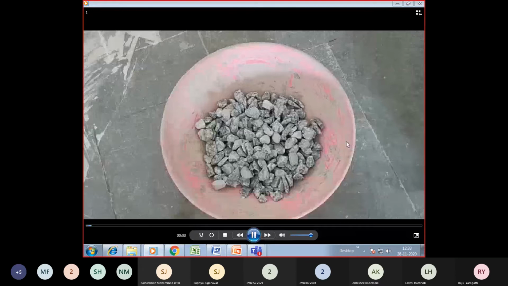Here you have taken a few aggregates, and make sure that a minimum of 200 pieces of aggregate are present in a heap. Here I have taken 200 pieces of aggregate. After this, first of all, you need to do the sieving. Before sieving, just for understanding, I have taken a chalk piece and made blocks. Even in the actual process, you can make the blocks so that there is no confusion. Let me show you the blocks.